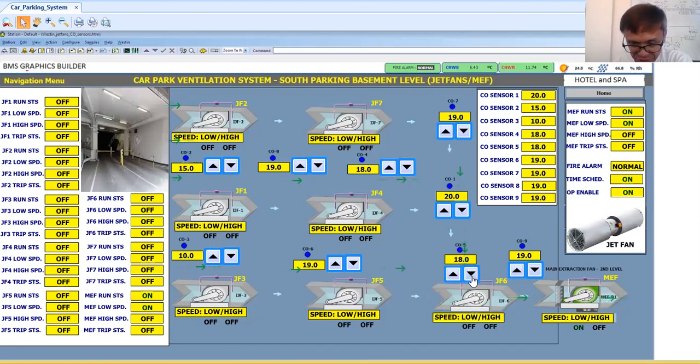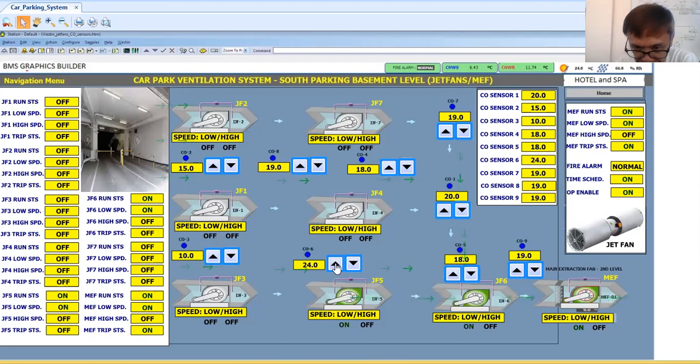Okay, so below 20, jet fan will stop. Now let's try here. I have to check my control logic here because there is a flaw here. Anyway, let me check another CO, the CO number 6.